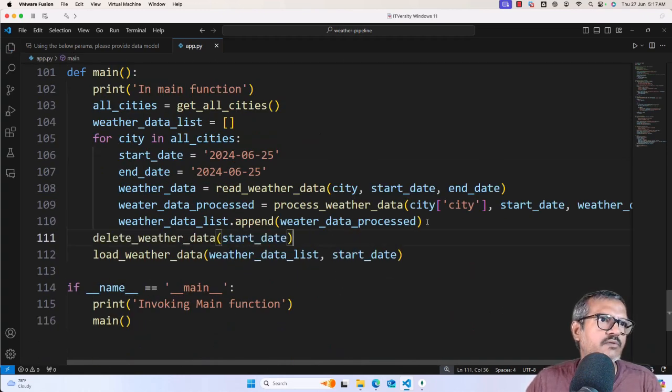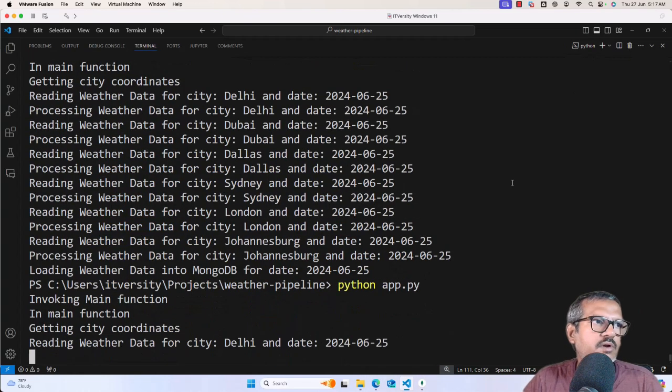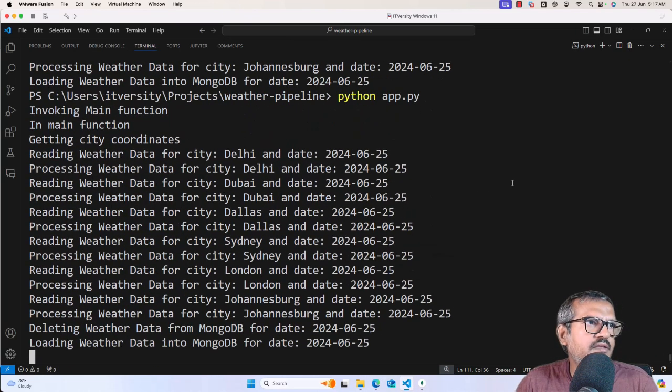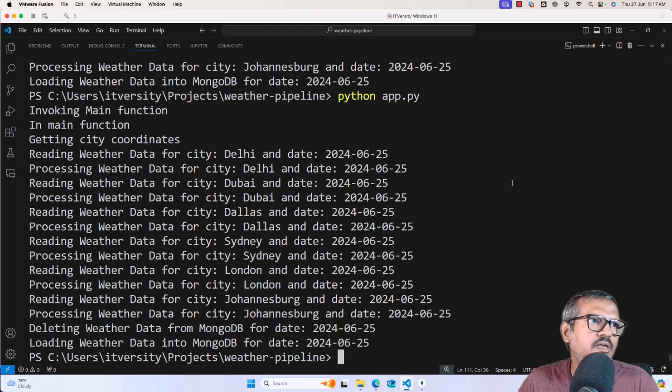Now let me save this. Let me run this once again. Let's see what happens. In this case, if the data doesn't exist based on the condition using which we are attempting to delete, it will be ignored. If the data exists, then only it will delete. You can review the message here. It is saying deleting weather data from MongoDB for date